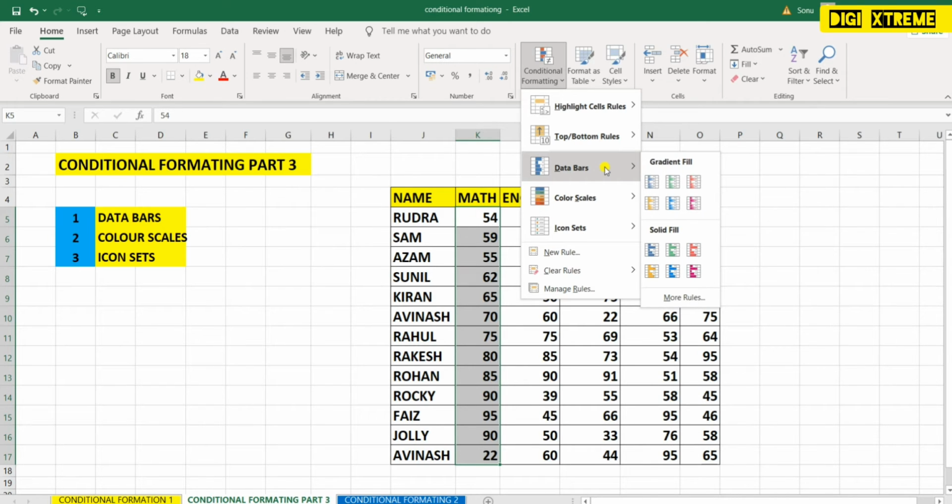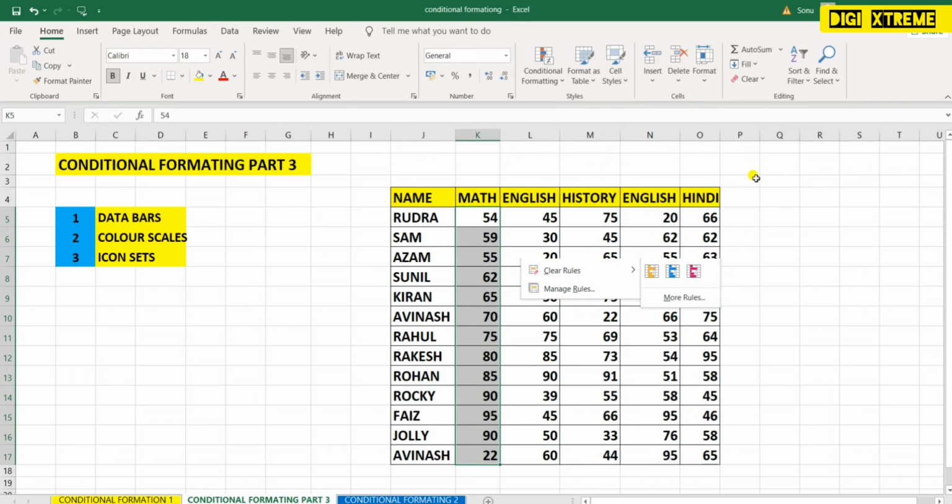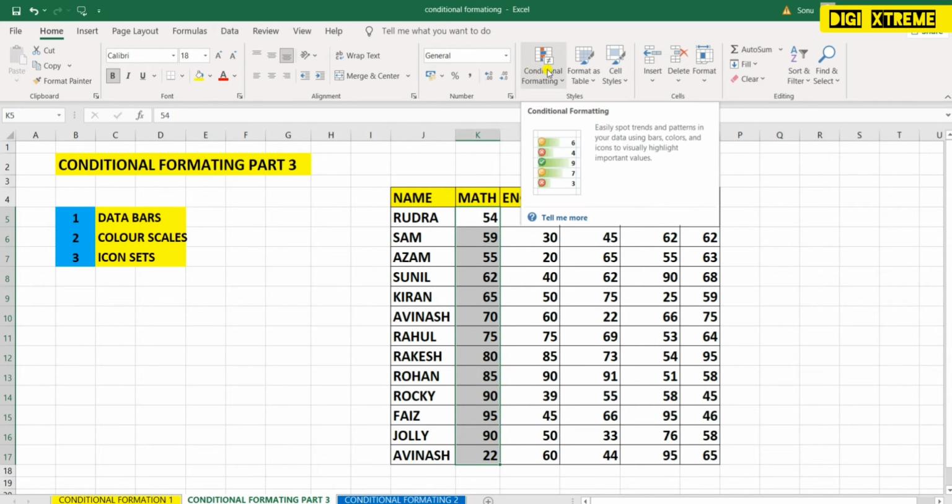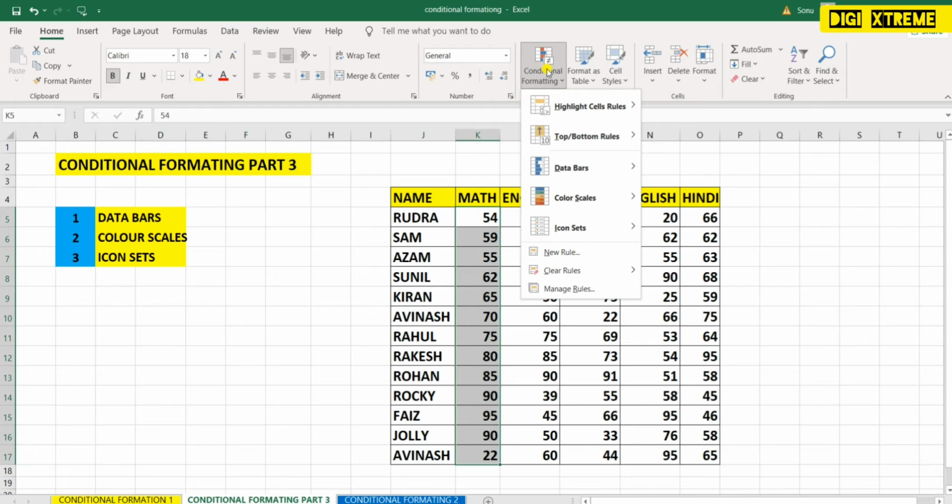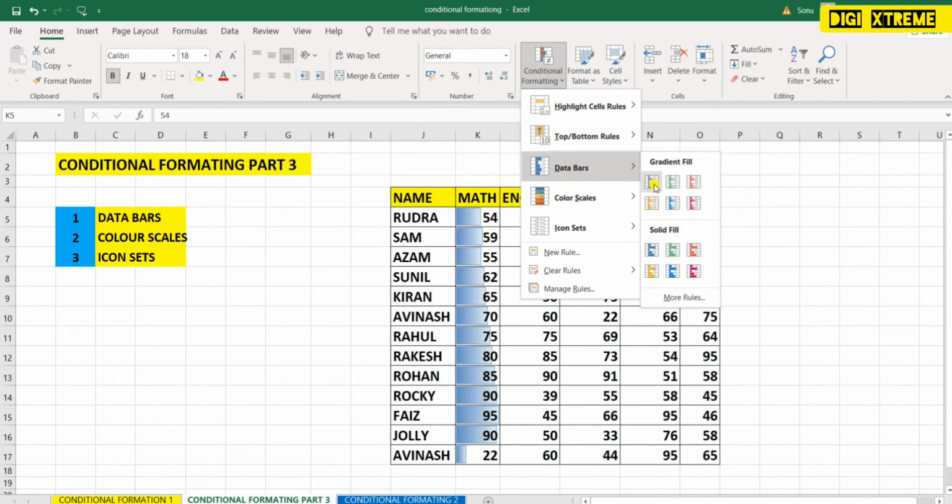Alright, to perform this, let me select a range first. I have selected this range. Then I'll go to conditional formatting, then data bars. You can see gradient fill. What this will do, this will add a color data bar to represent the value in a cell.